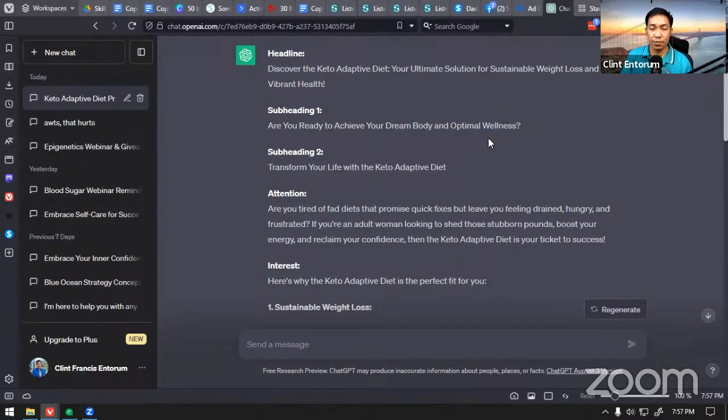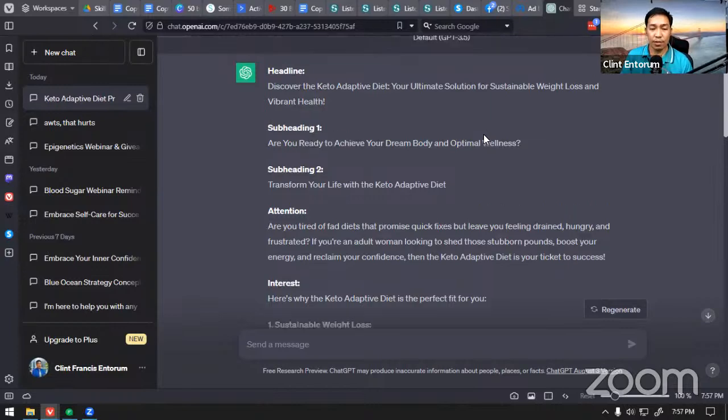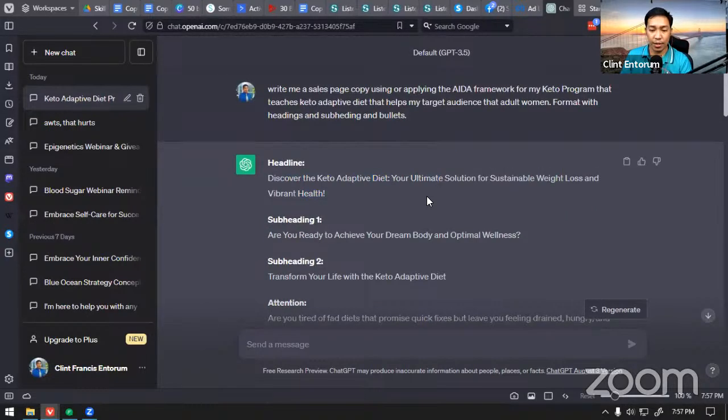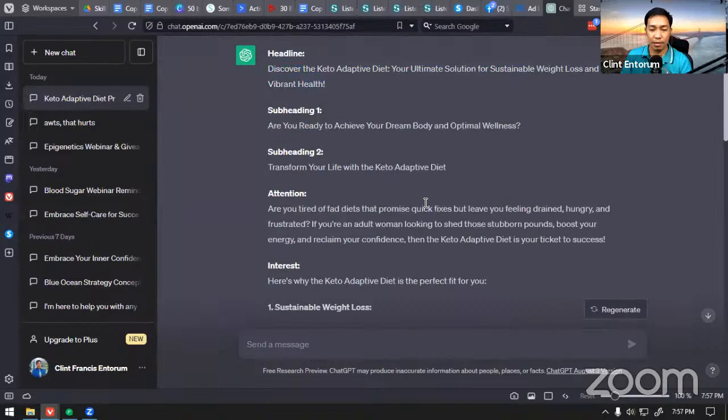Not everything, though. It's great at providing really good copy that you could start with, but you have to do extra research to know that the copy provided by ChatGPT is accurate.